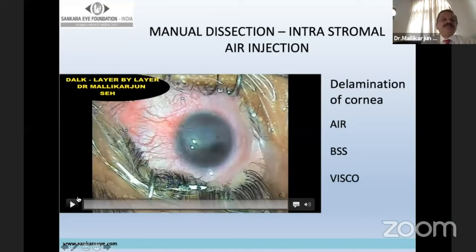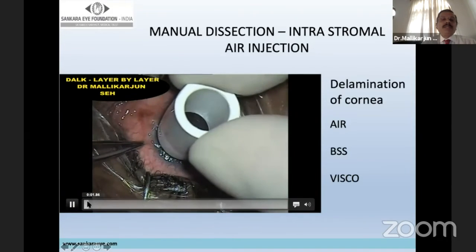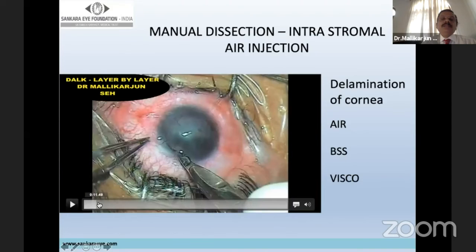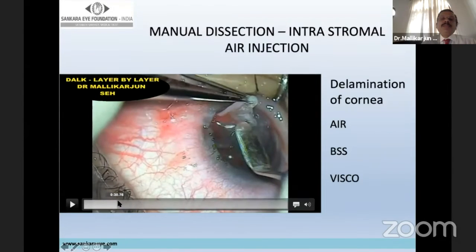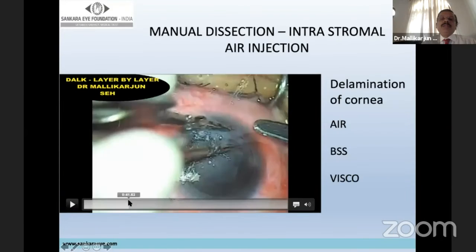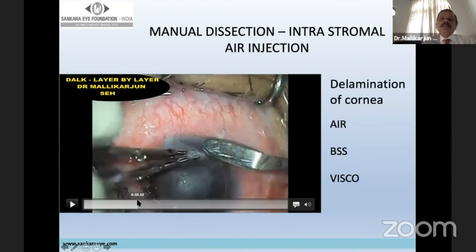Here I'm operating on a case with a post-infectious keratitis scar. I make a partial trephination, extend the groove up to 80% of the depth, and take out the superficial scar.